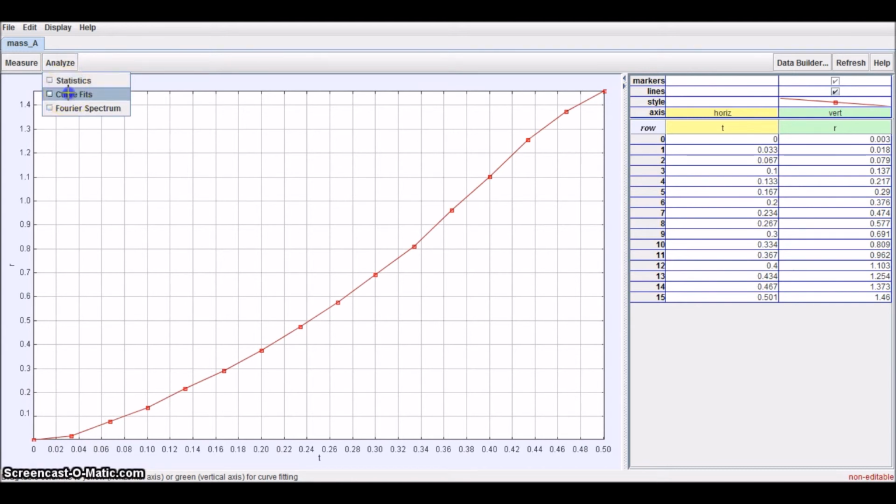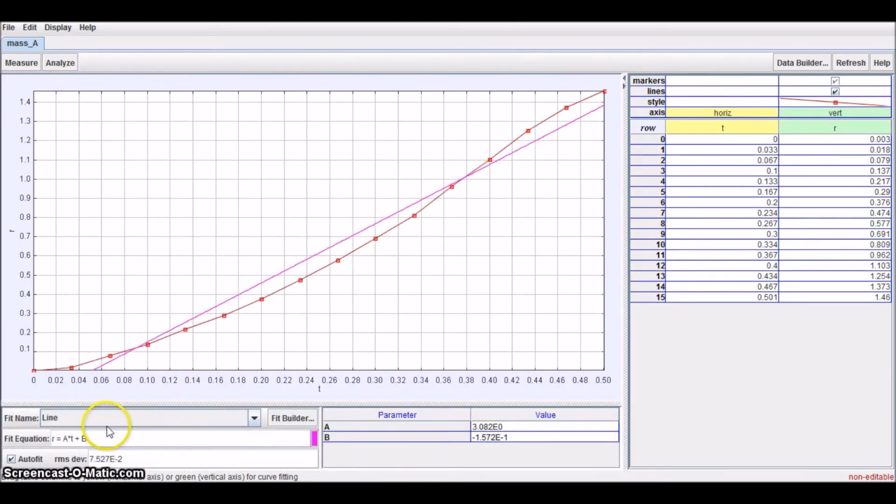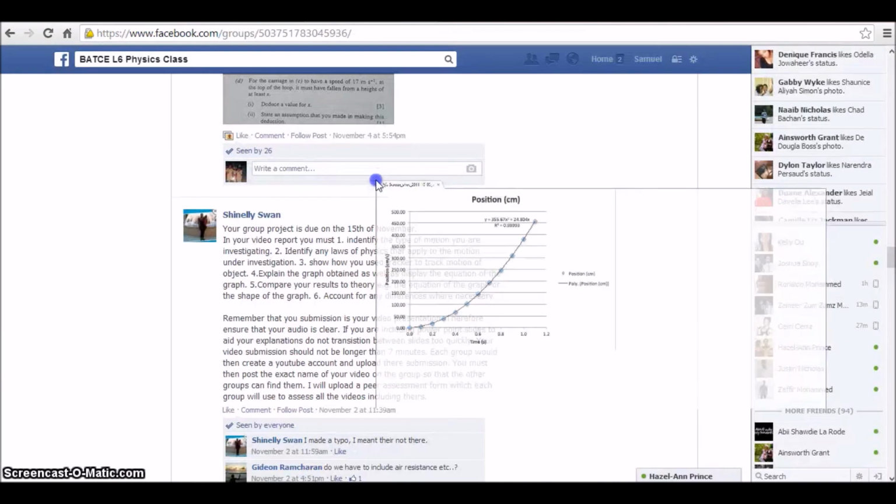Further analysis of the graph indicates that the equation in y equals mx plus c form has a gradient of 3.08 and a y-intercept of negative 1.57, which is slightly off, but as indicated here in this row, it starts from the origin. So the y-intercept should actually be 0. So these results are accurate based on the fact that the results should